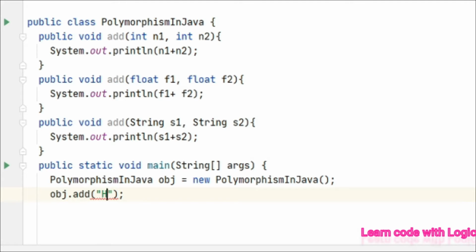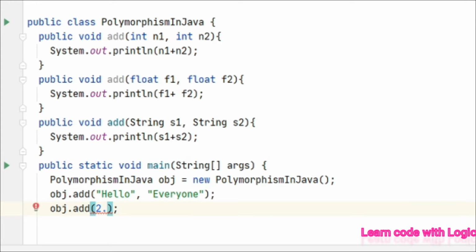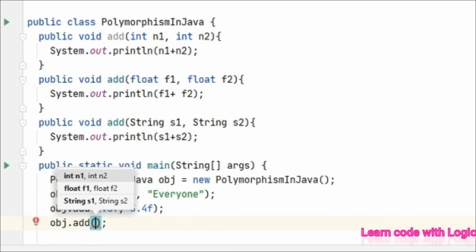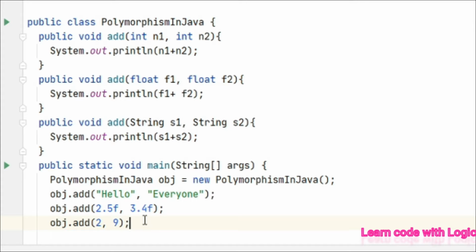The next thing is you have to provide arguments. Let's say hello. Still the error is there because here we provided two parameters, so we have to give two arguments here. Look, now everything is clear. Let us call one more method, for example float. Now let us add float value 2.5f. Just give some value 3.4f. The last one is the method which has integer. Just type any two arguments. That's it. Save the code